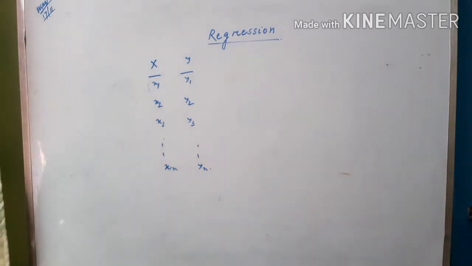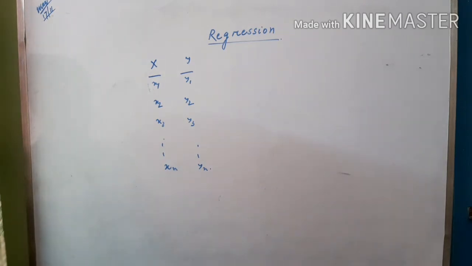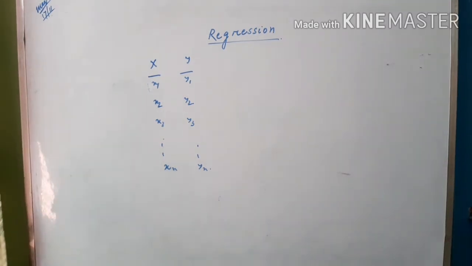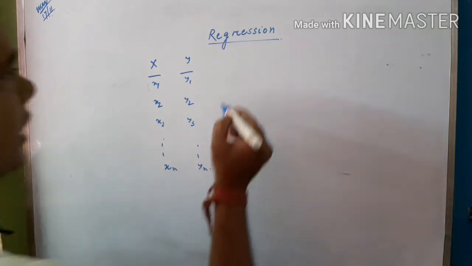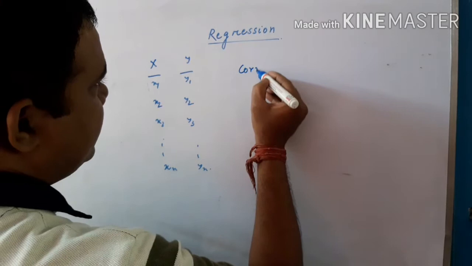Since there are two variables, the first arising question is whether there exists a relation between them or not. Clear? So, the relation between two variables is called correlation, and correlation is denoted by